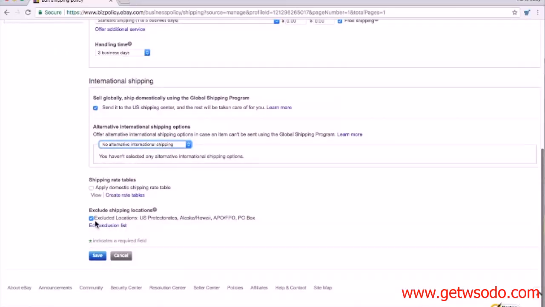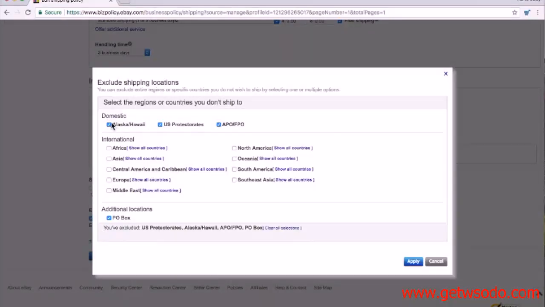And finally, you do want to exclude some locations from your shipping abilities. So I always check off this box and click edit exclusion list. I select the first 3 under domestic, so I don't ship to Alaska, Hawaii, the US Protectorates, or APO. And then I also don't ship to PO boxes, because the only carrier that ships to PO boxes is